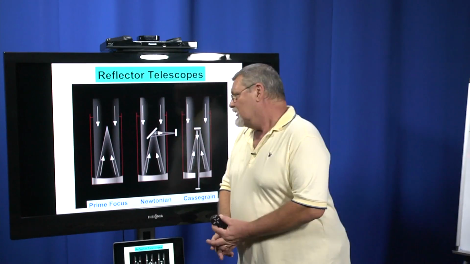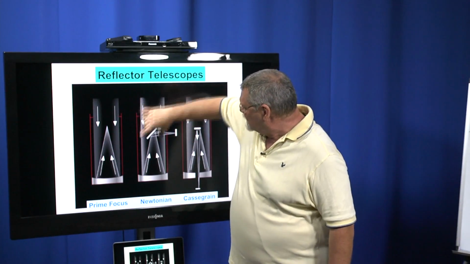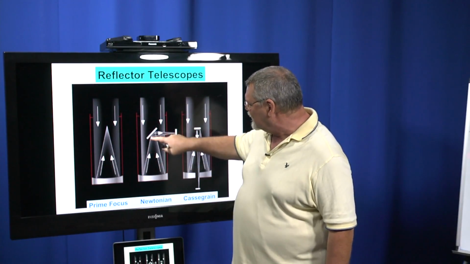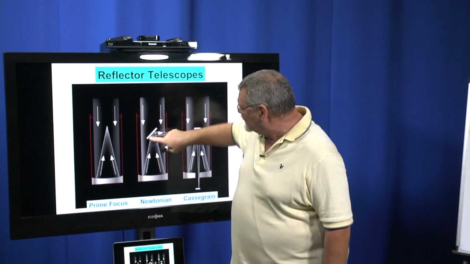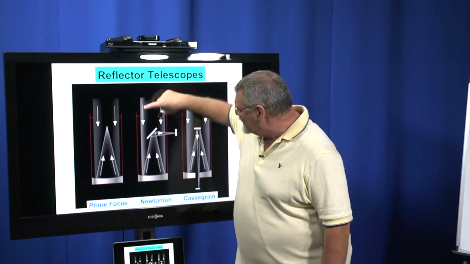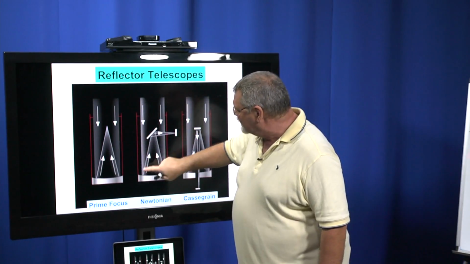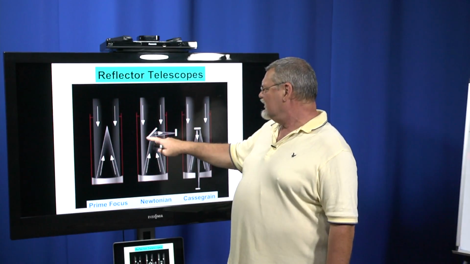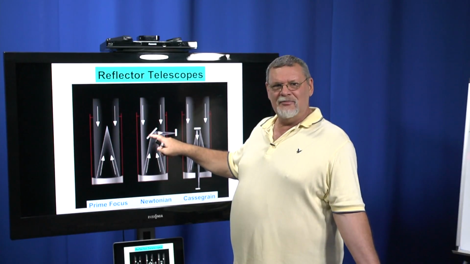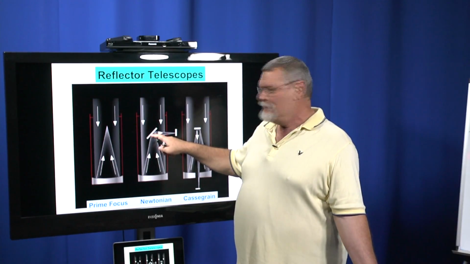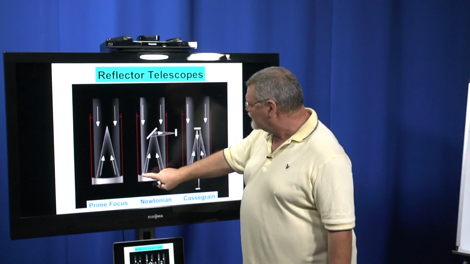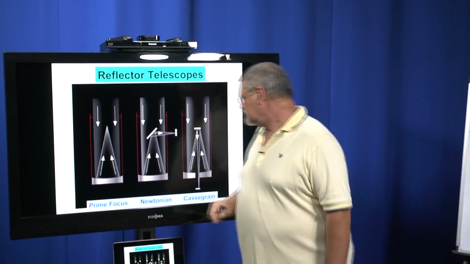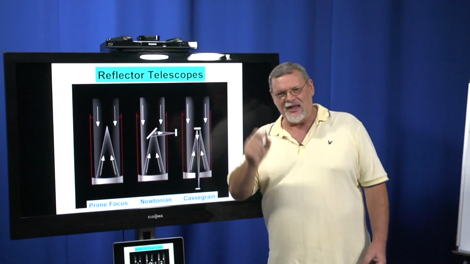Well, no. The reason is because as this light wave comes in, remember this is coming in on either side. It passes through this thing and it's focused towards here. So you can see that, yes, there's a blank spot here, but it doesn't matter because it's taking the light that's around it and it focuses it towards here. What we're looking at is the reflected light from here that's bouncing on here. So we don't see a missing piece. There is no missing piece there. It's just not there because it's focusing all of this light that is hitting it onto there. So we don't see a big blank spot in the middle of our screen.